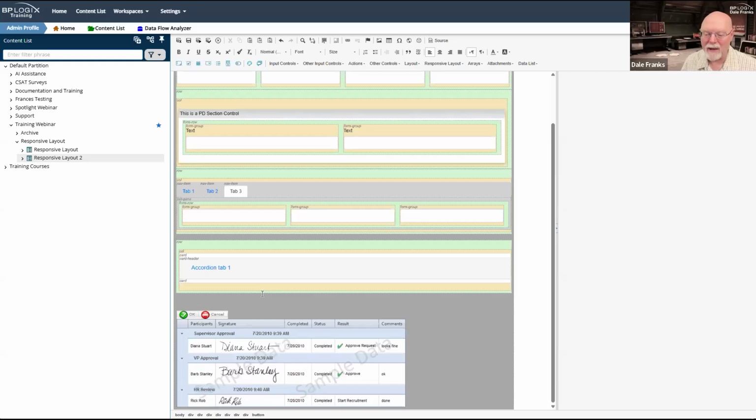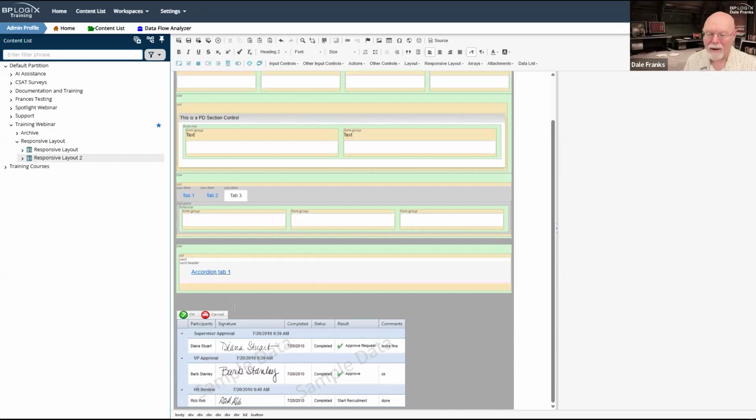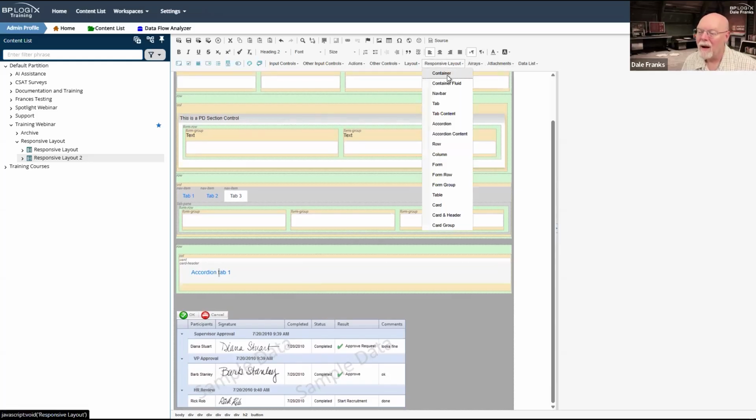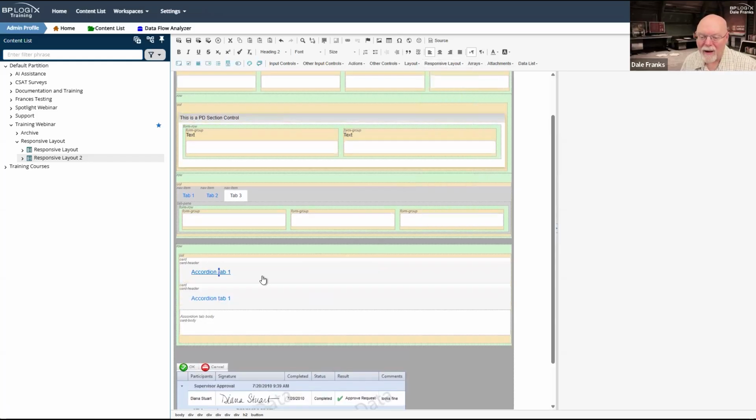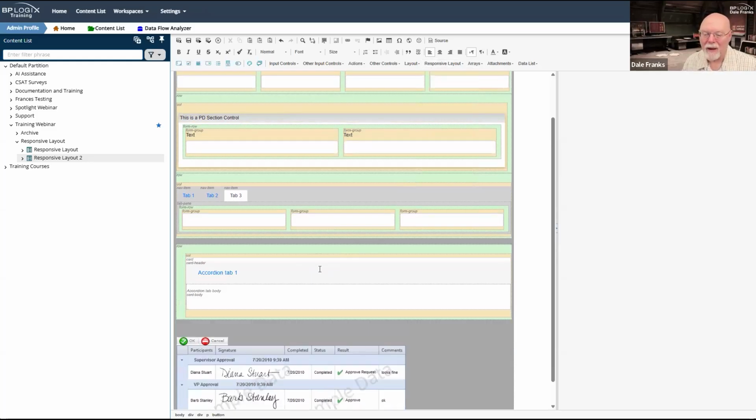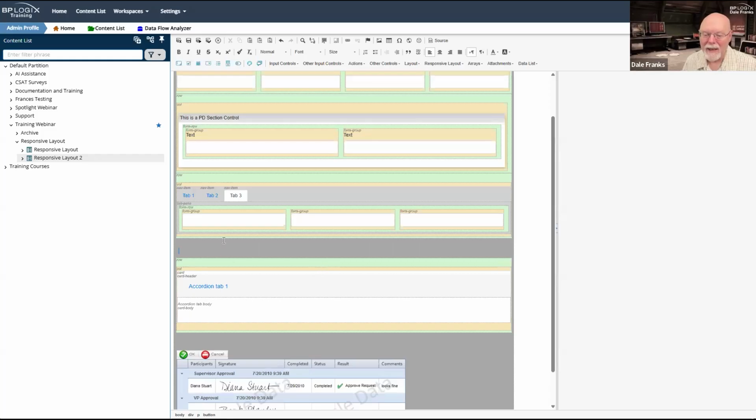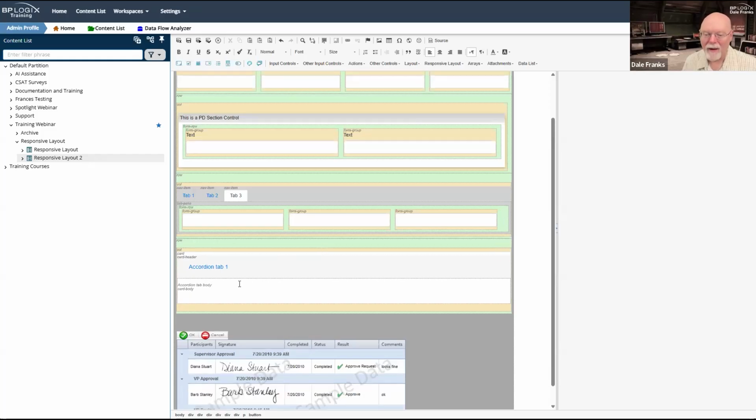So maybe going back in and getting rid of that wasn't the best idea. Now I've got card header. All right. Okay, so now I think I have one accordion tab.